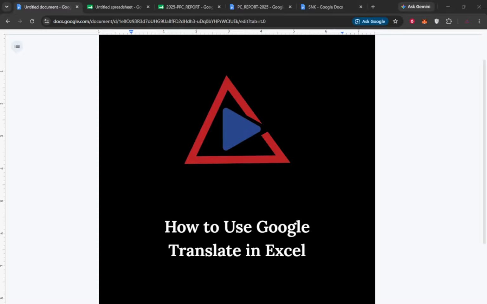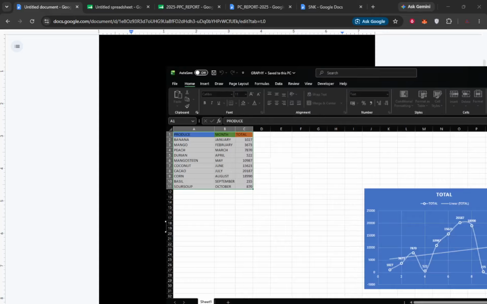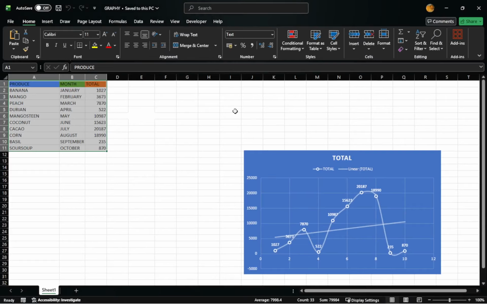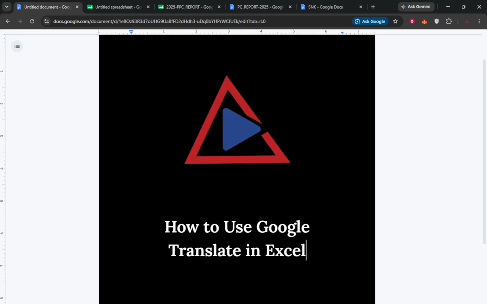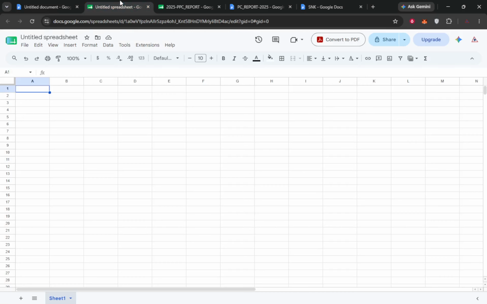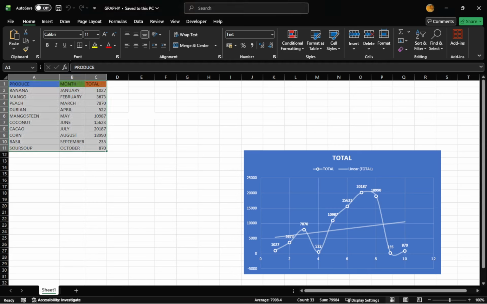First, upload or copy your Excel data into Google Sheets. Open Google Sheets in your browser, then either create a new blank spreadsheet or open one where you want the translations. If you have an Excel file saved, use the option to open an existing file and pick your Excel workbook so Sheets imports it. If your data is already open in Excel, you can also copy the cells, then switch to Google Sheets and paste them into the first column or wherever you want.